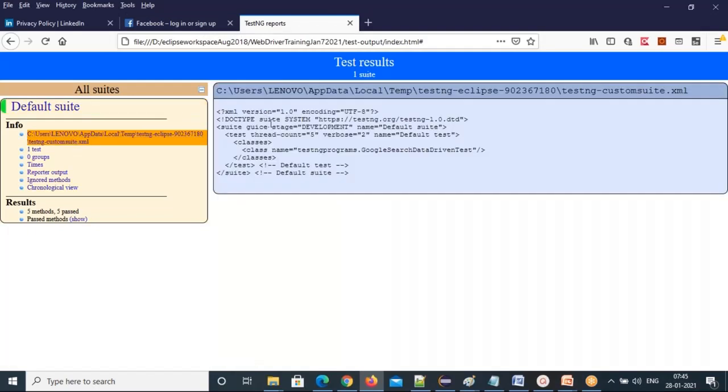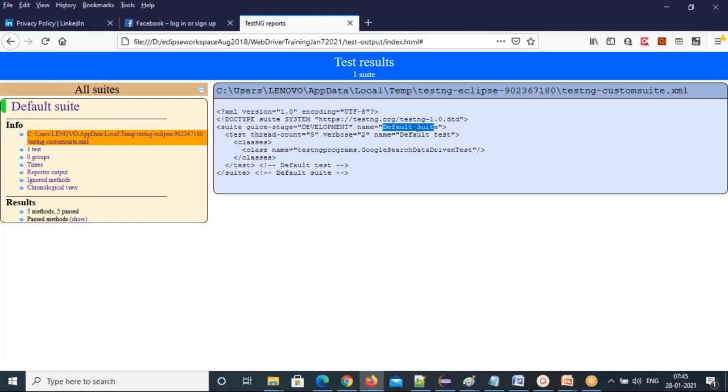The suite file is also shown. By default, you are not creating a suite file. It will create a suite file for you. That's the suite file. See the XML declaration and doctype and the TestNG declaration. Then the suite tag with name equal to Default suite.